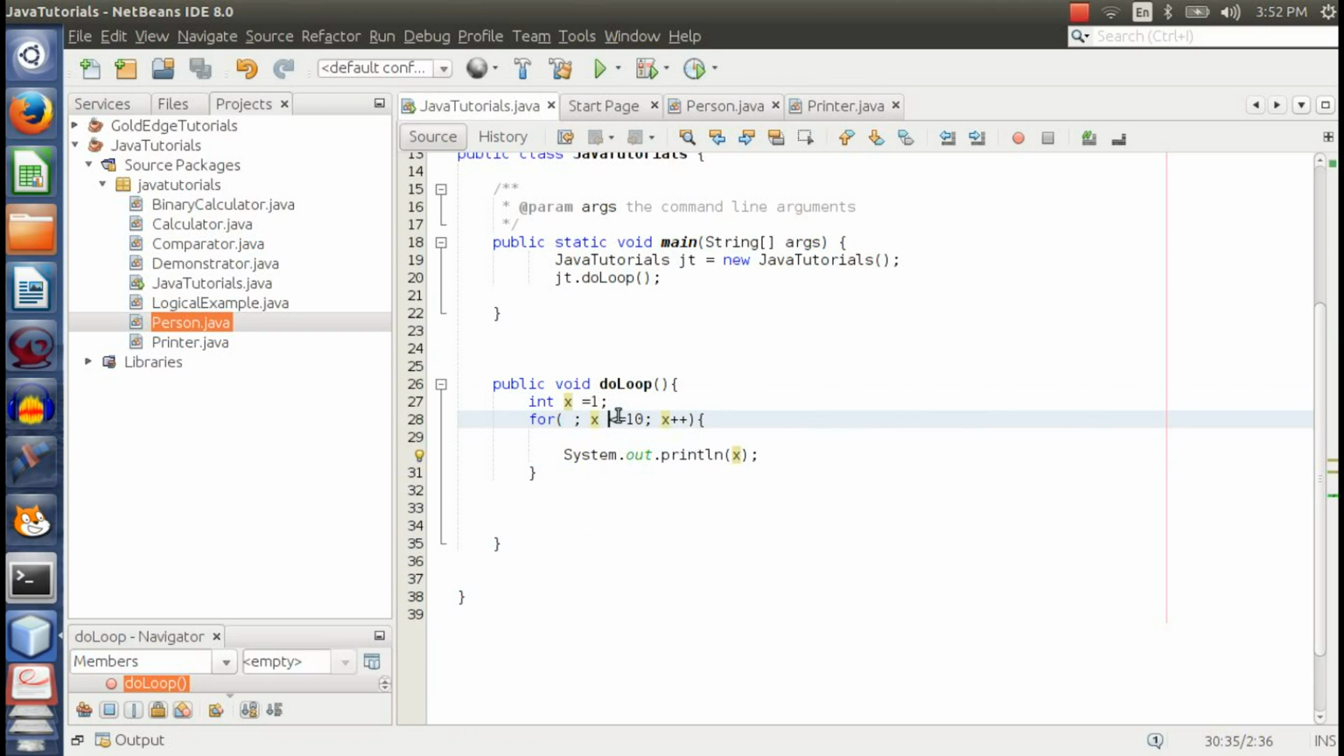But if the test condition evaluates to true, it's going to execute the body of the loop, hit the closing curly brace, go back to reinitialization. Since we have something here, the value of x is going to change. And you could use anything there. You could count in reverse order by using minus minus. For example, you could do x minus minus. Or x is equal to x plus